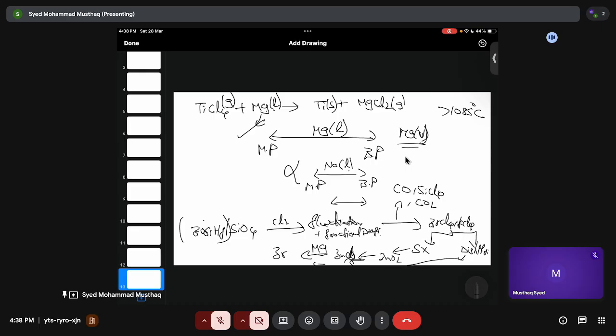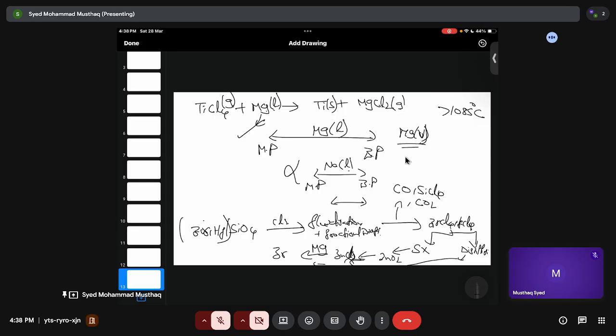Okay, and finally you will have refining. So you do with the iodide process or electron beam melting. Okay, so yeah, then you will get hafnium alloy ingot. And electrolysis of magnesium chloride is a bit difficult. It's not efficient. So what we do is, instead of doing this magnesium chloride electrolysis, what people are trying to do is you just